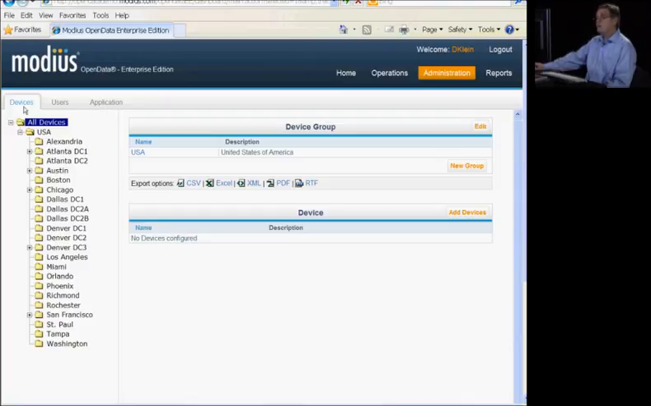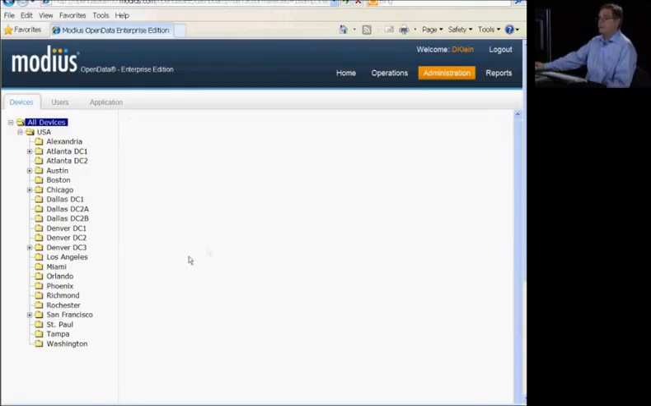So if we start, first of all, with devices, you can see we've got a variety of different groups here, and from this interface we can create new groups. Groups can be defined as either locations, as customers, categories of equipment, etc., however you choose to set up the application. And then we can also quickly add devices to any one of these groups via our wizard interface, which